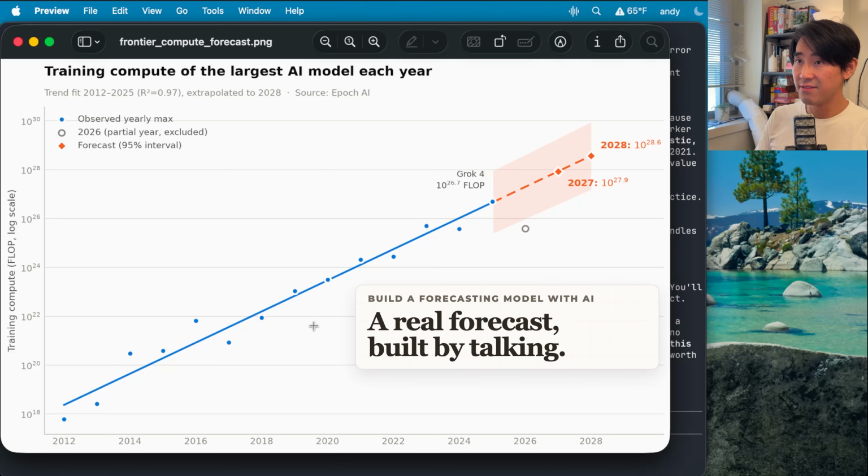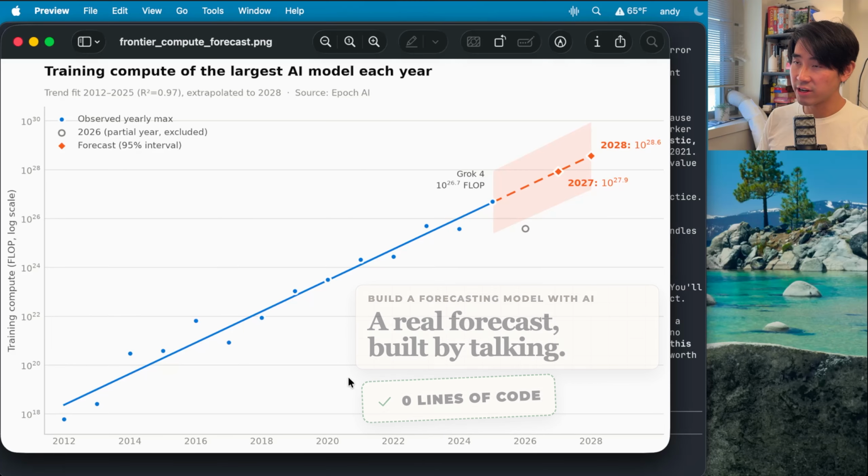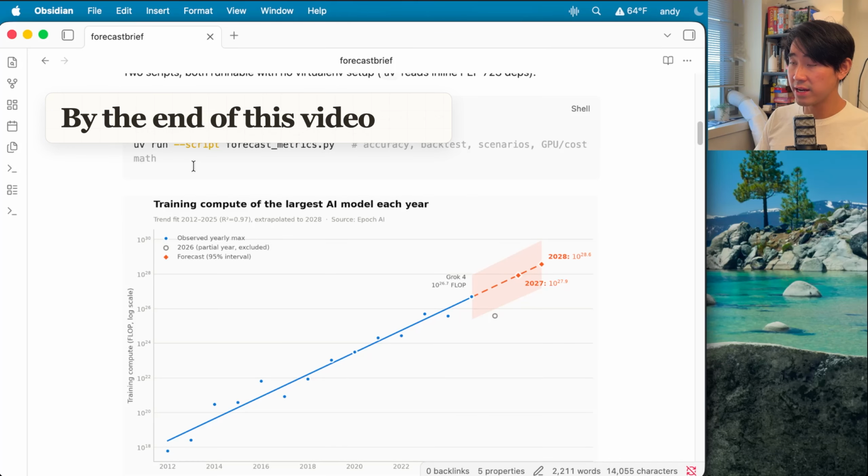This is the very simple, basic forecasting model that Claude came up with. The key thing here is I didn't write a single line of code. I told it what I wanted and it built the model, ran it, gave me a chart, and that's the forecast. And by the end of this video, you'll be able to create a chart, a forecasting brief with no